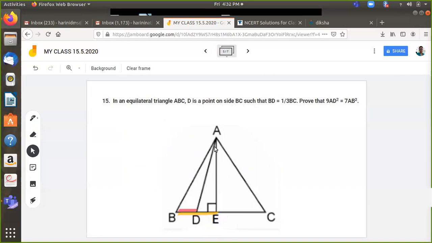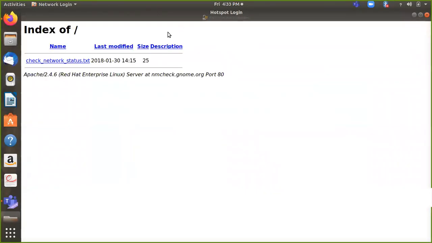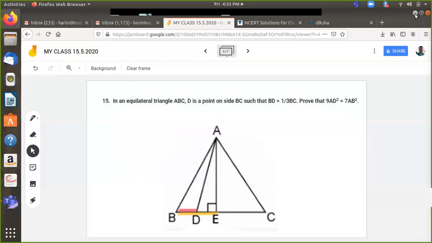Now, because it's an equilateral triangle, I have a construction which I have done. That means I have drawn AE perpendicular to BC. Now, because it's an equilateral triangle, your AE is the perpendicular, means the AE will also become the median. Because in an equilateral triangle, I have always told you, both the median and the altitude will coincide. So if I draw AE perpendicular to BC, it means AE is also the median of BC, or in other words, E is the midpoint of BC.